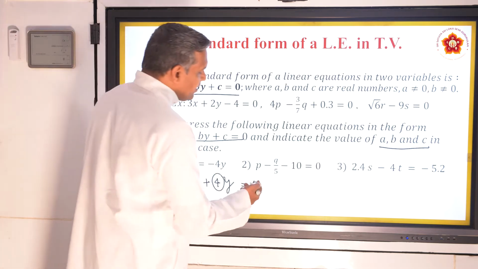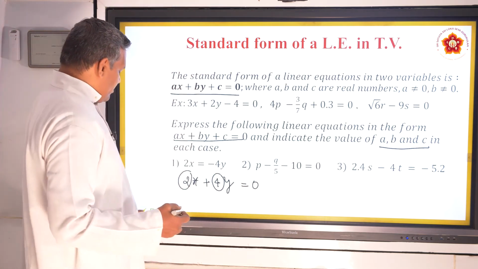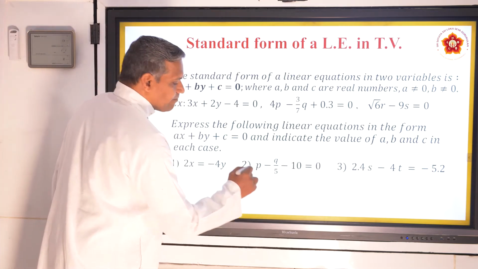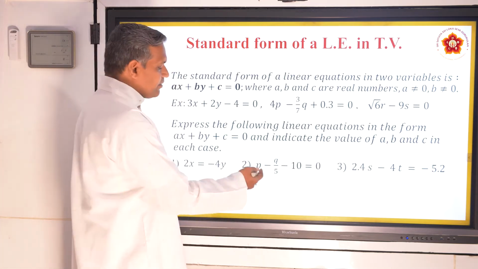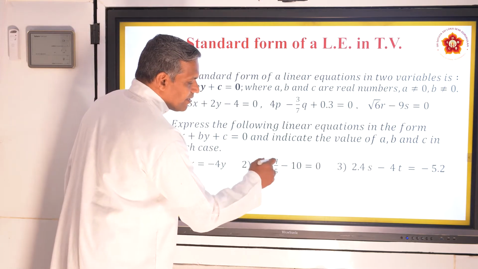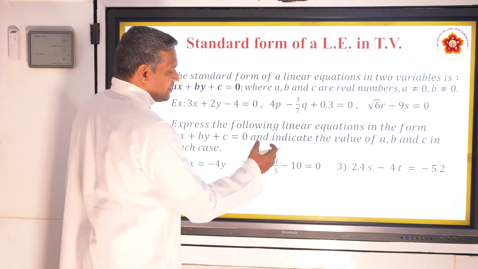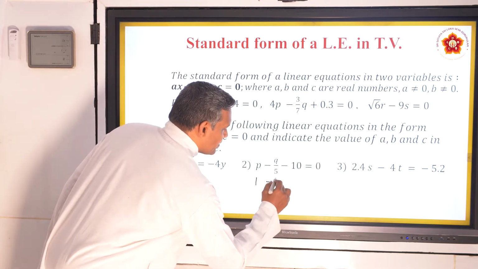So recognize here. Now it is more comfortable for you to tell. What is the value of a here? 1. There is no multiple, so you can take it as 1. What is the value of b here? A little tricky, a little confusing, right? The first time it would be confusing, but look with a little more trained eye.